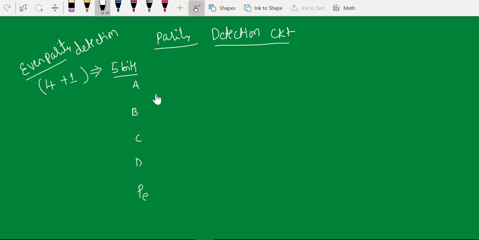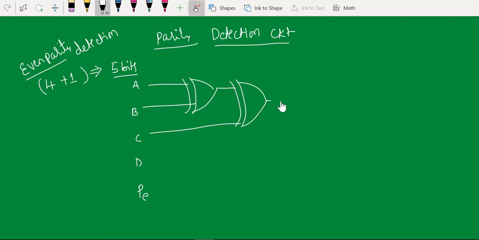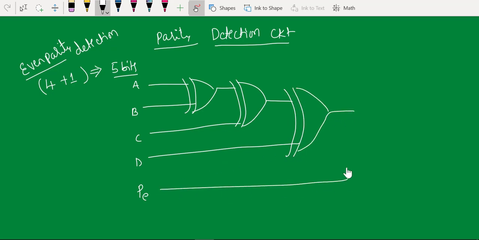It's even parity in this case. Now I'm going to use the same XOR gate circuit that we used just now. I'm using daisy chain structure this time. Now since we are interested in even parity this time, please listen carefully here.